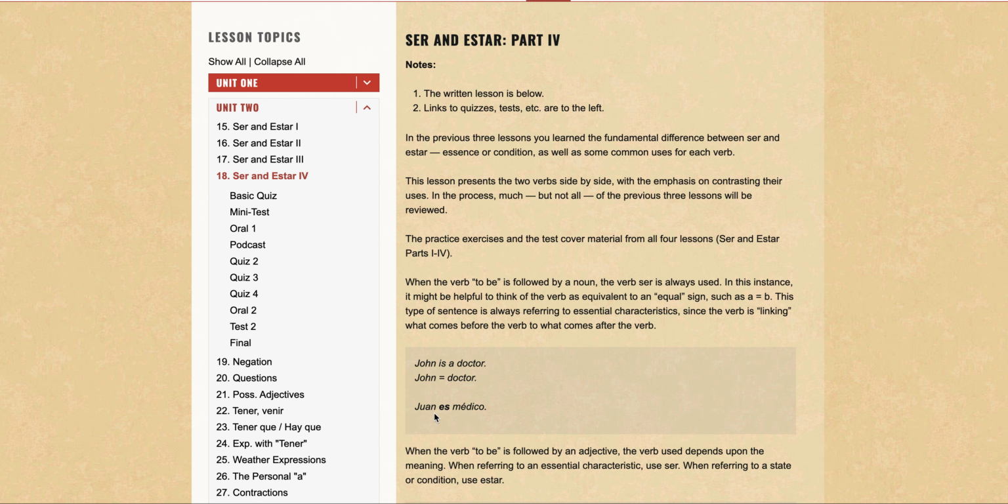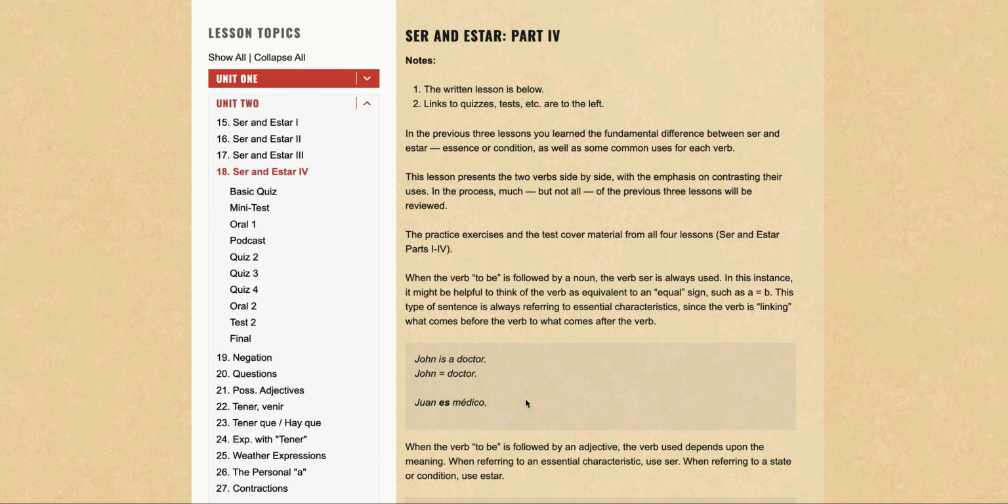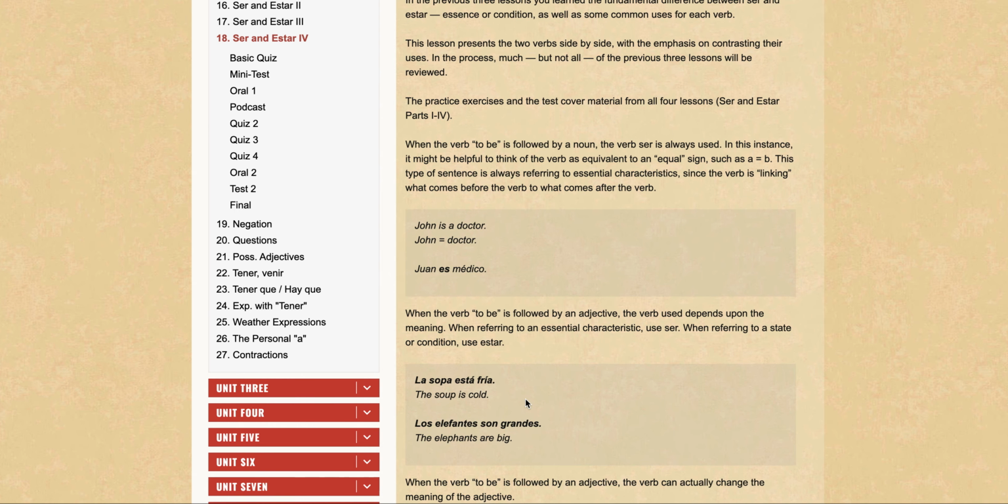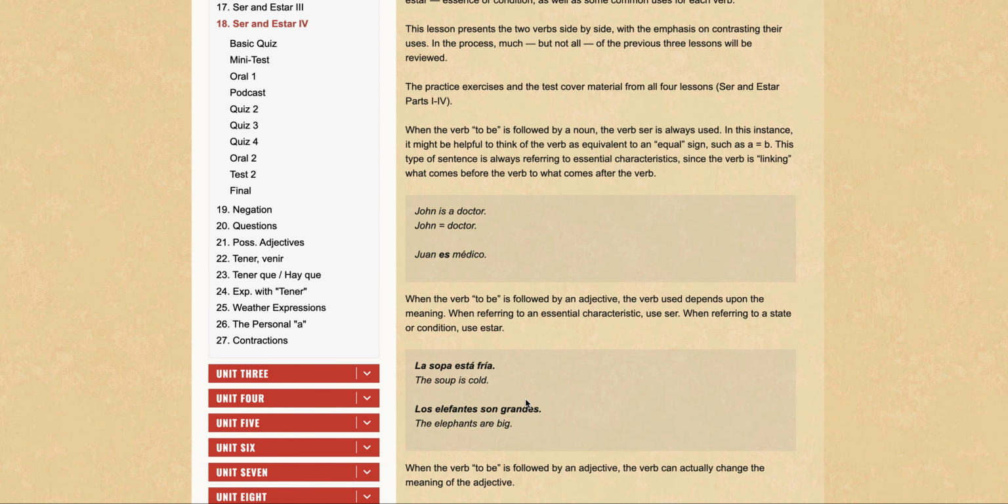And they say that when a verb is followed by a noun, that's when you use ser, because it more often than not refers to essential characteristics. And when the verb to be is followed by an adjective,